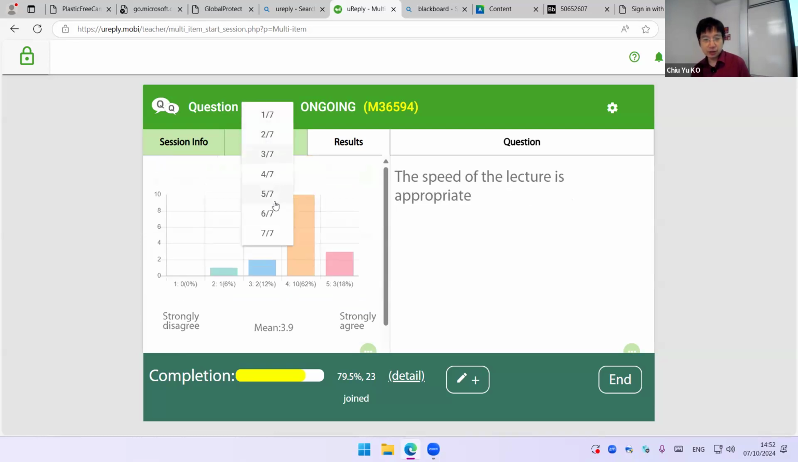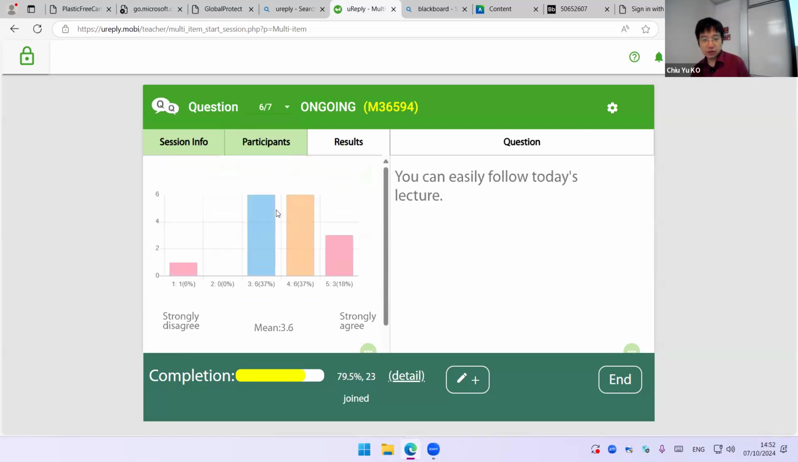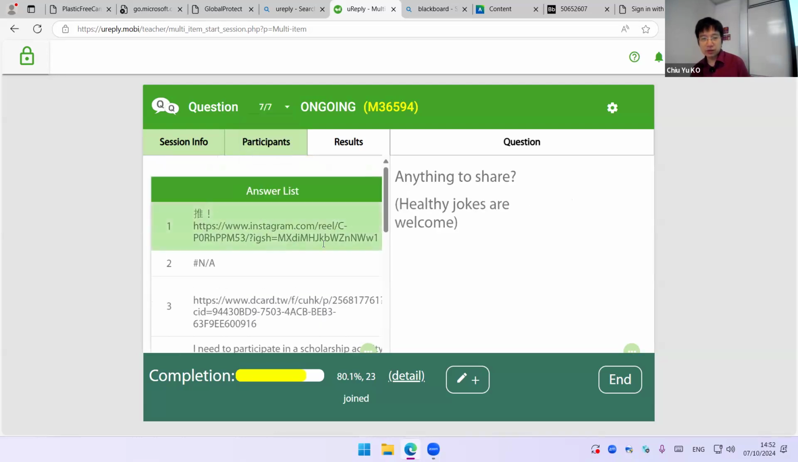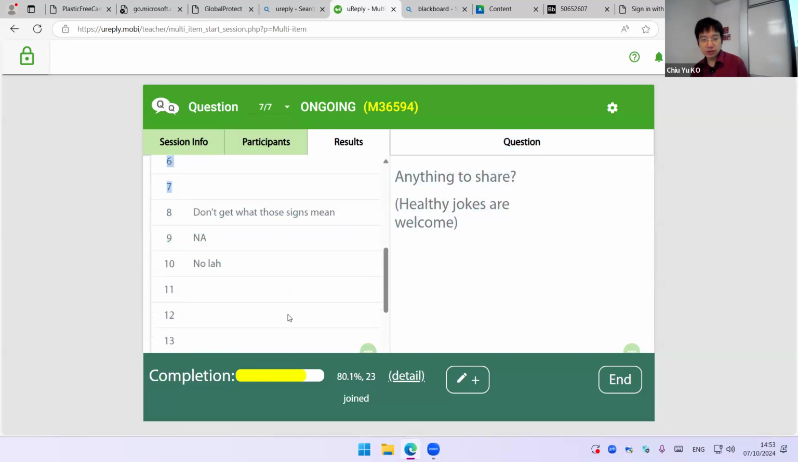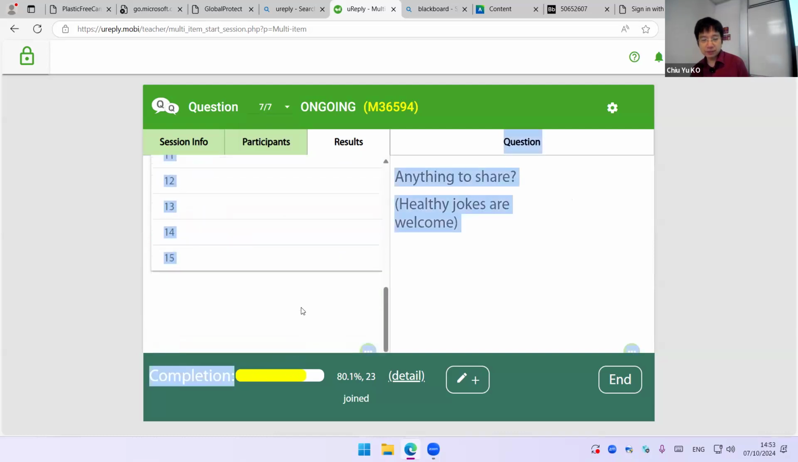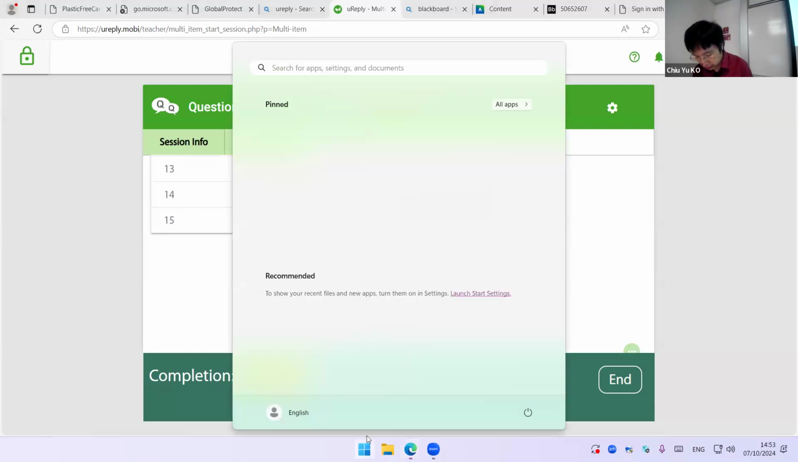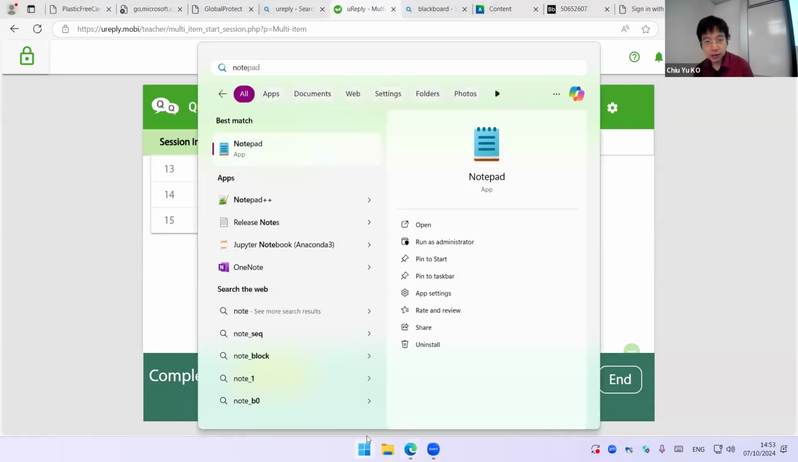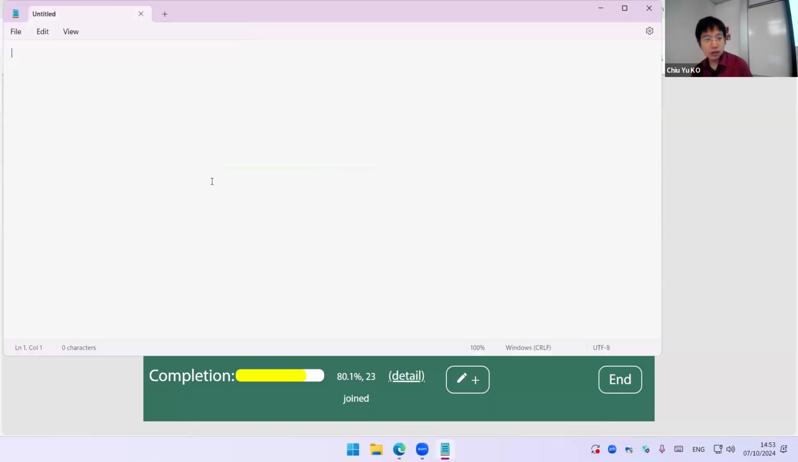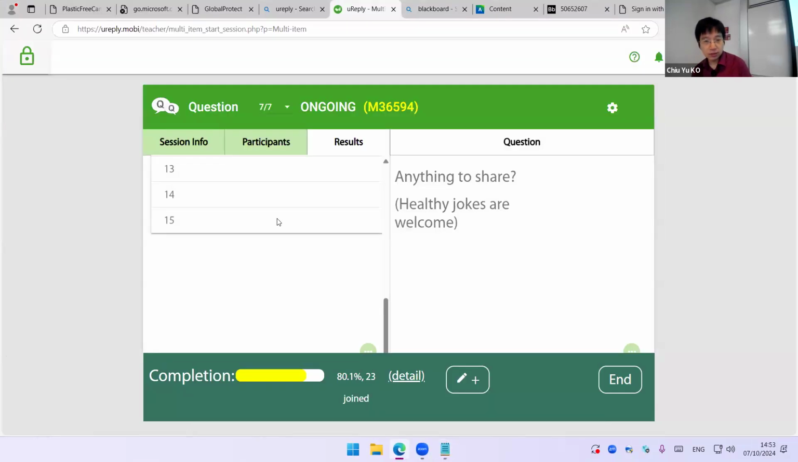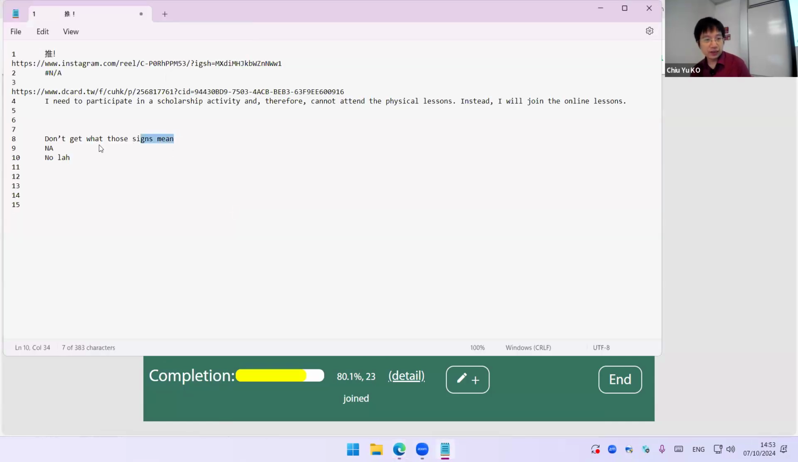The speed is okay, not too slow. When people think I'm not following, well, let me see the comment first. Oh, I don't know how to get this thing, but so first is I don't know